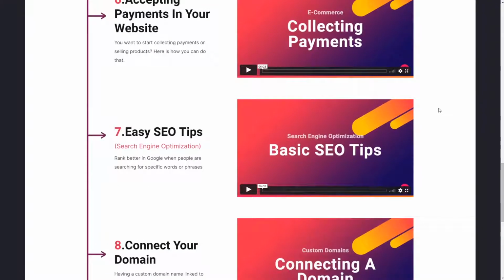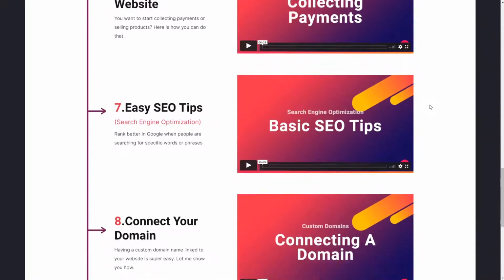Seven is about SEO. SEO, if you don't know, is search engine optimization. And the idea there is that when you have a website, it has to be easily found on the web, like Google, on other search engines. And in general, if you share it to social media as well, to have that information on your website so to be very easy to understand and found by others. So that's SEO and some basic tips on how you can do all that.